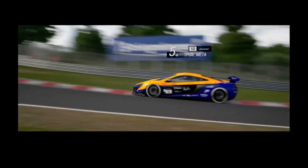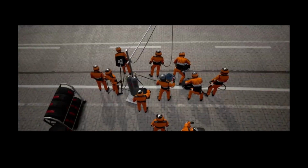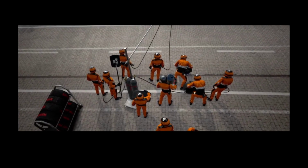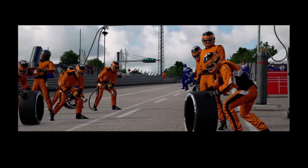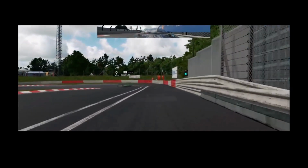So as we come into the pits for our one and only pit stop, we're not going to take on any tires at this stop. This will just purely be a splash and dash for a little bit of petrol just to get us through to the end of the race. So we come in, we fuel up, probably about 13 liters put into the car,